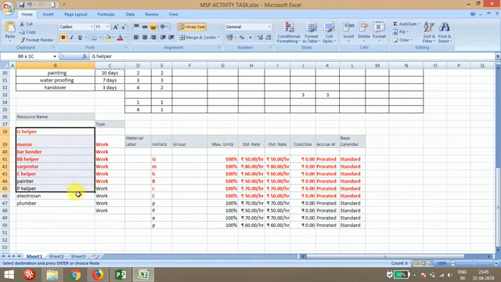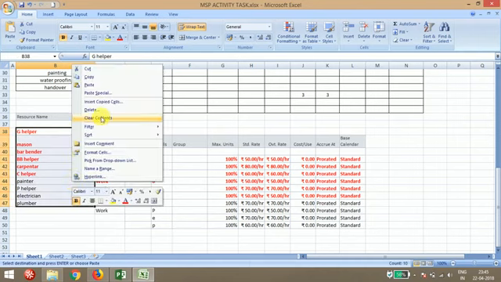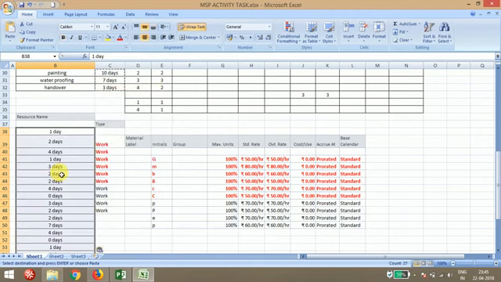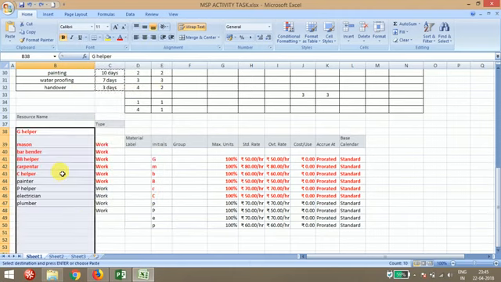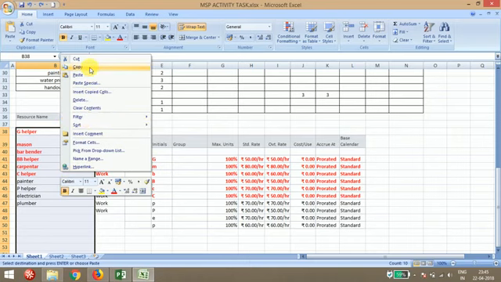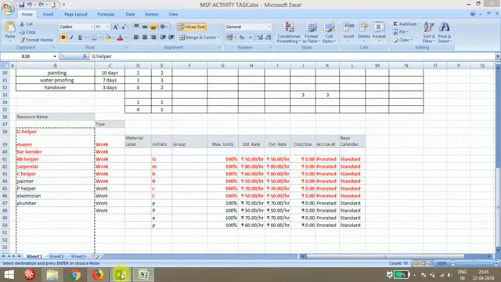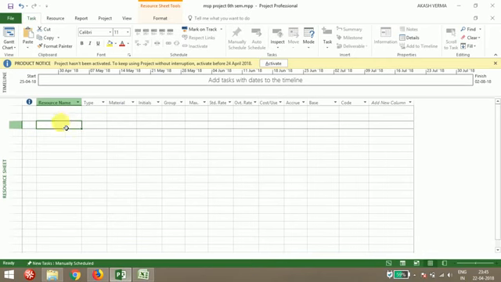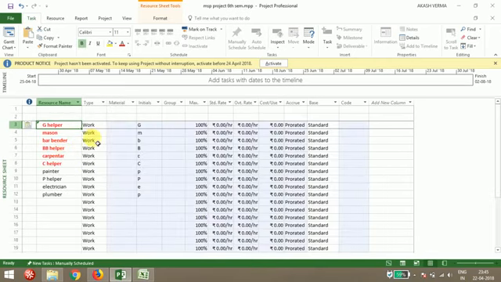So I'm copying all of these and simply pasting them here.